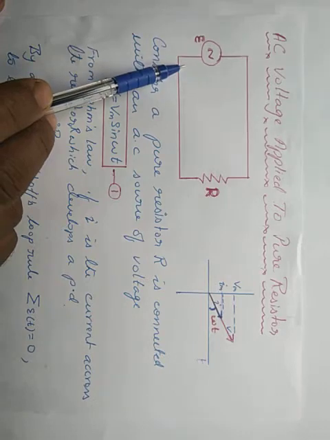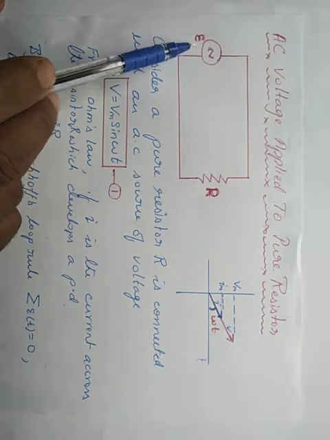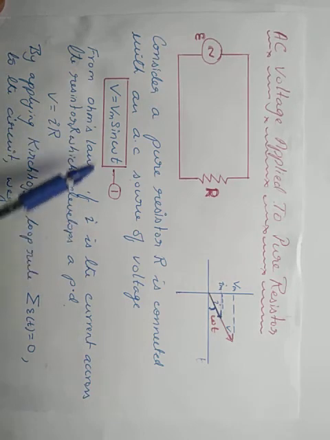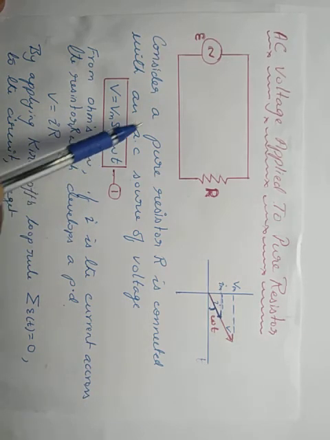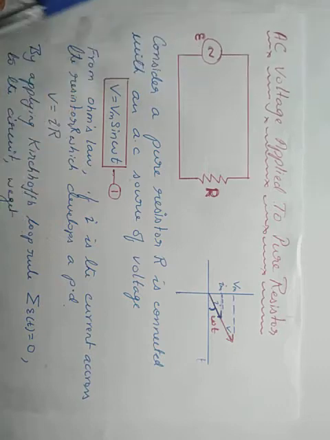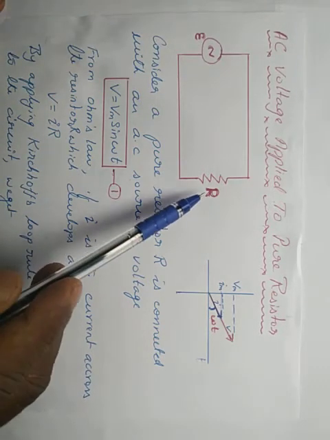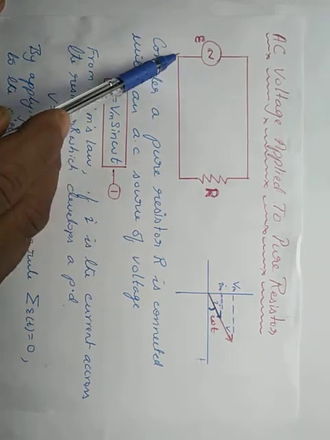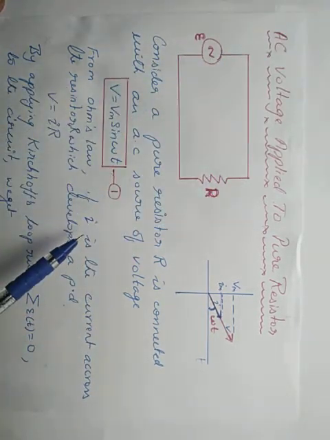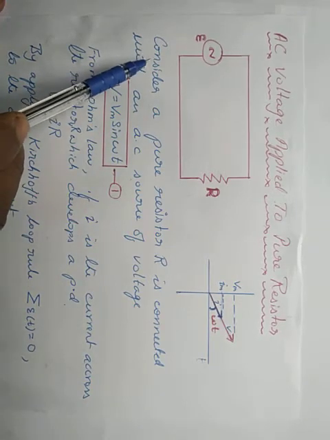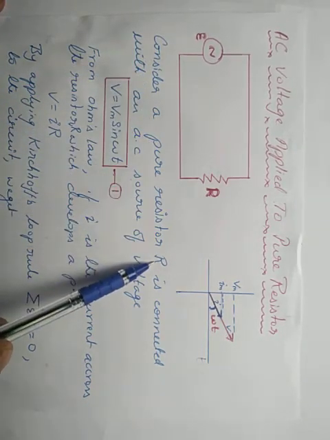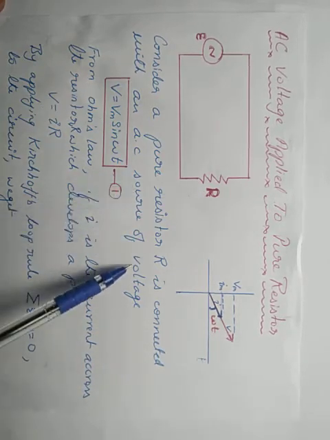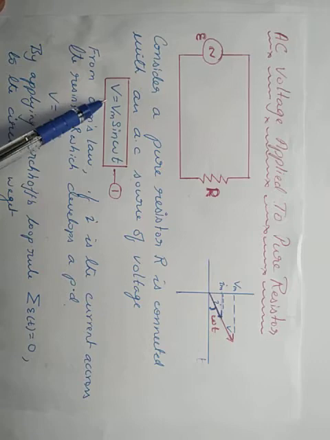Consider the circuit. We have an AC source of voltage V, that is Vm sin omega t, where Vm sin omega t is the voltage of this AC source, and we have connected a resistor R with this AC source. So I have written some explanation. Consider a pure resistor R connected with an AC source of voltage V equal to Vm